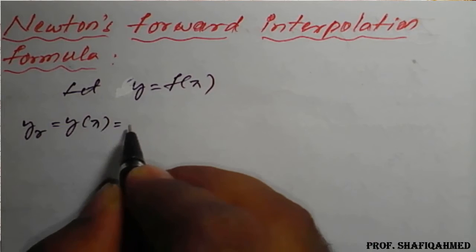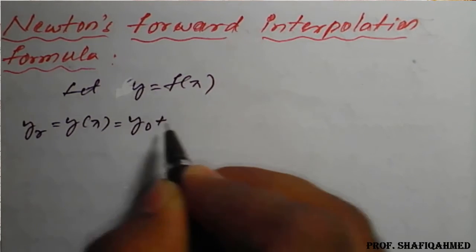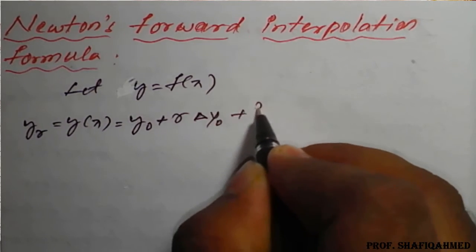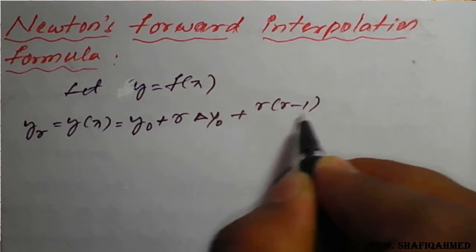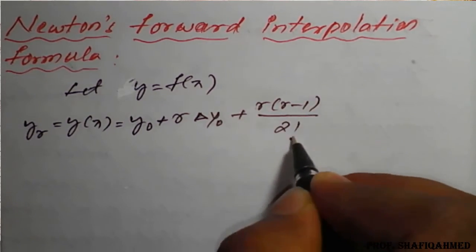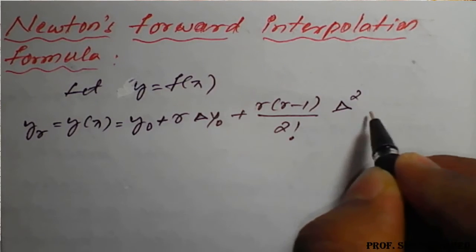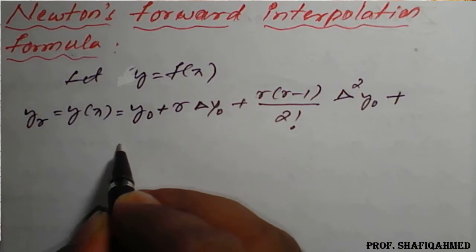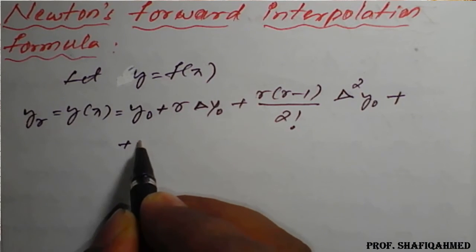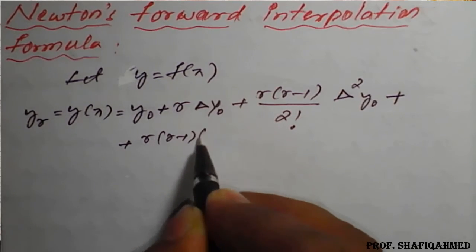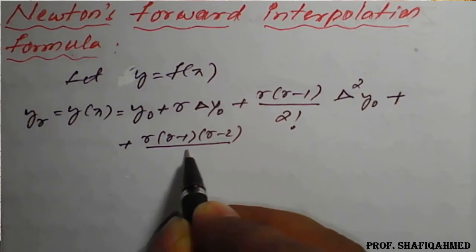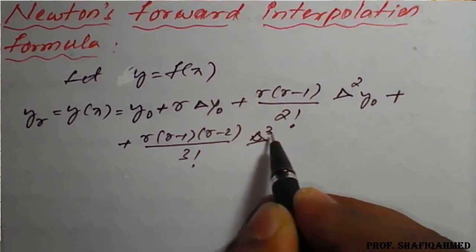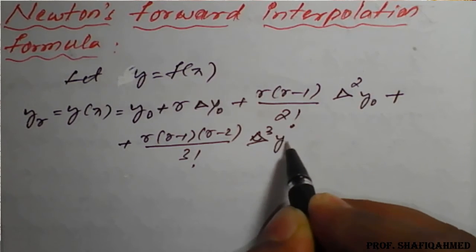It is given by y naught plus r into delta of y naught plus r into r minus 1 divided by 2 factorial of delta square of y naught, plus next r into r minus 1 into r minus 2 divided by 3 factorial of delta cube of y naught,